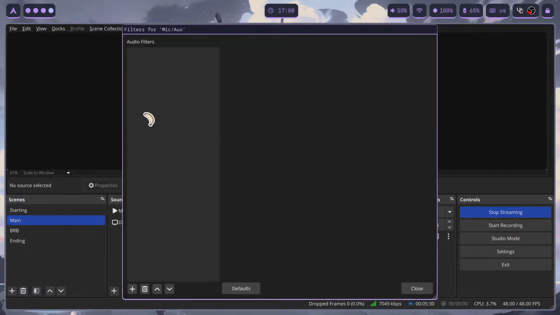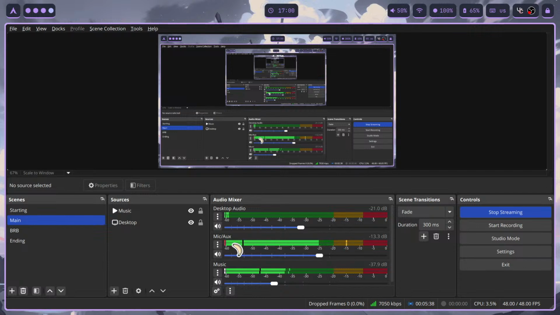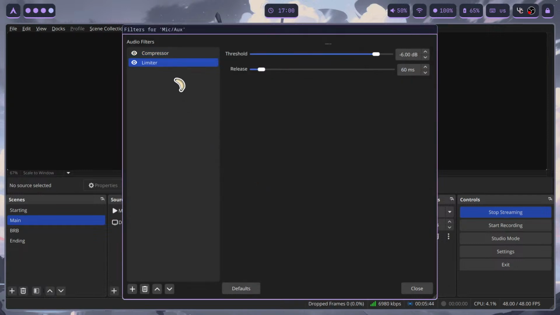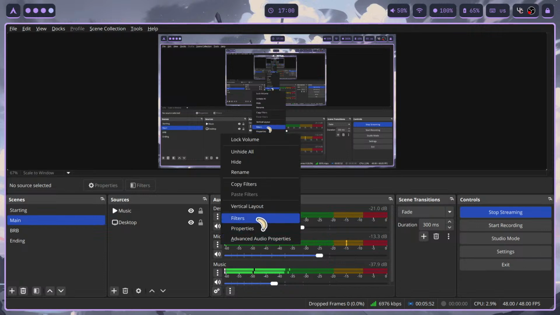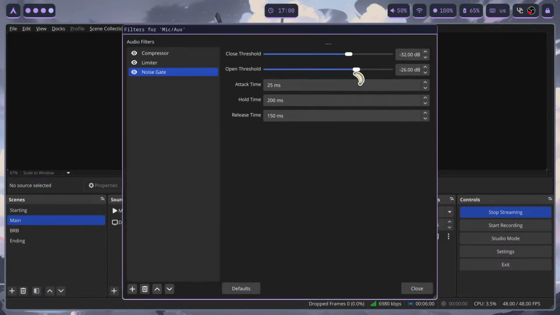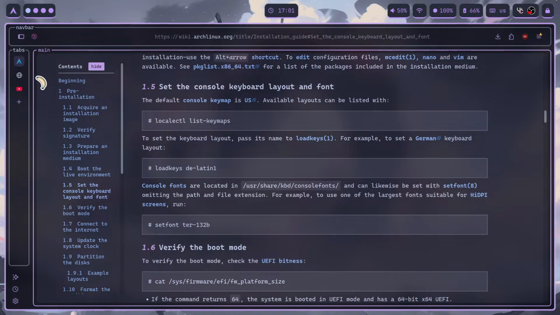Let's quickly do this then. Add compressor. That's fine, I guess. We also want a limiter. Just grab that limiter. Sure, that's good. And then it should be fine. So, hopefully it's okay. I do also want a noise gate. This should be fine. Yeah, it'll work. I can change it for next stream. Anyway,